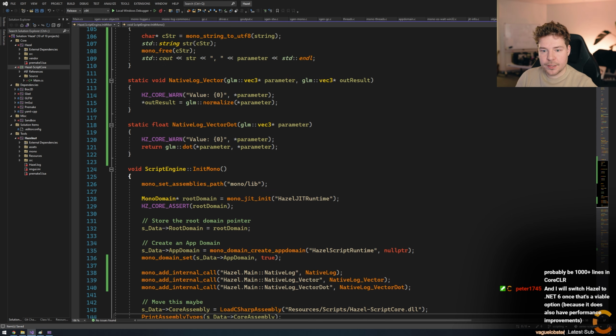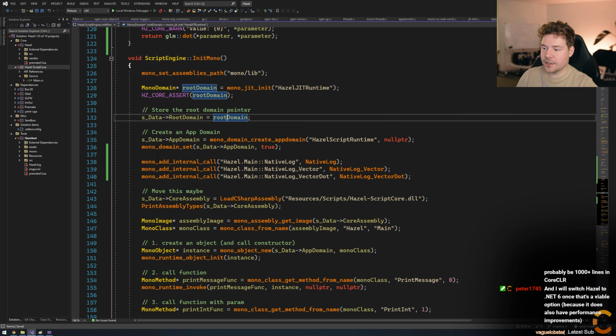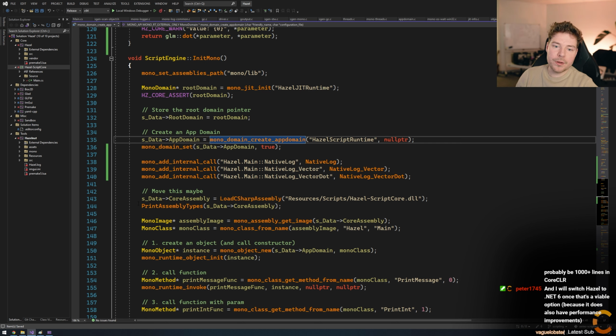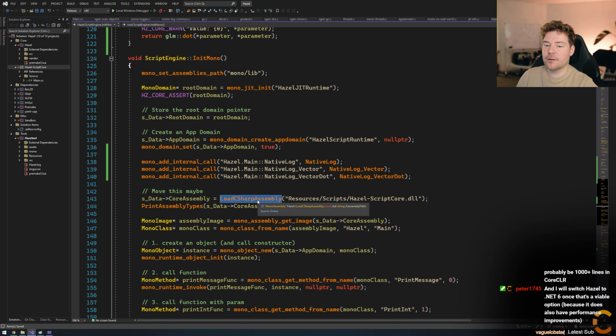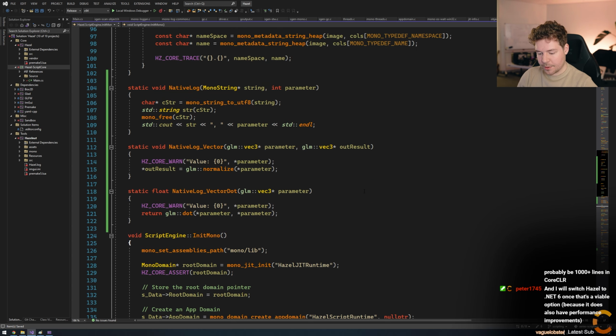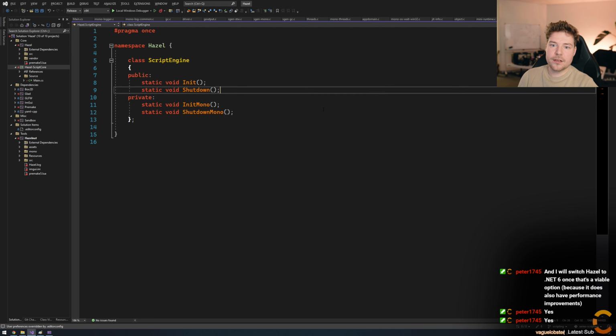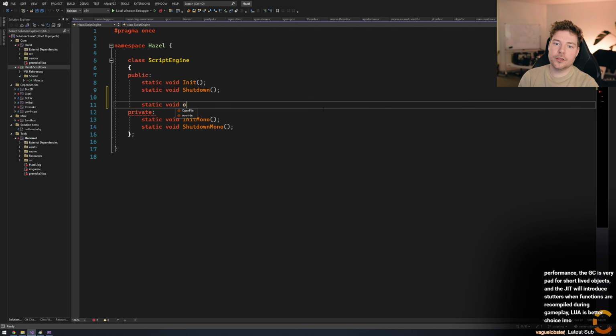Now, loading the core assembly. Ultimately, Peter, when we load this C# assembly, and when we reload this assembly, which we'll do later, this needs to be unloaded, doesn't it? Because of that, I probably want to tie all of this stuff together. So what I want to do is make a function here. Peter's saying yes. Called static void load assembly.